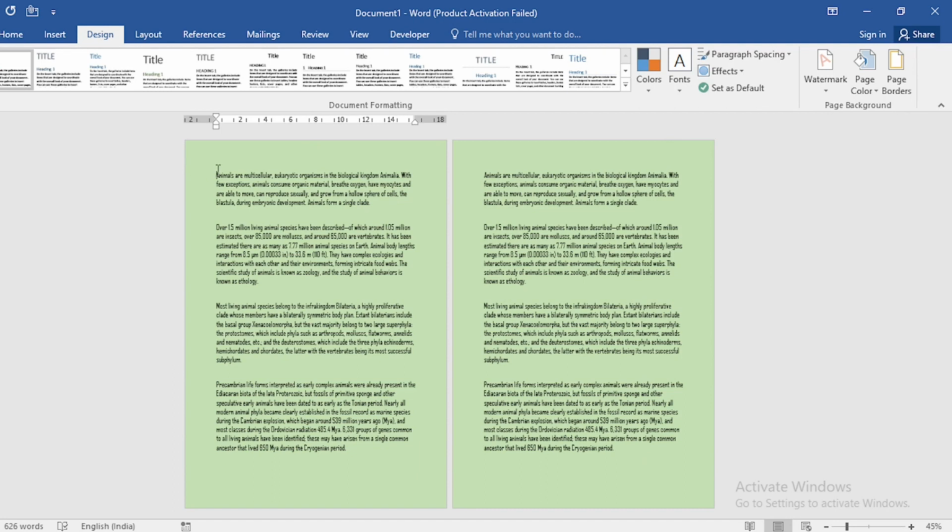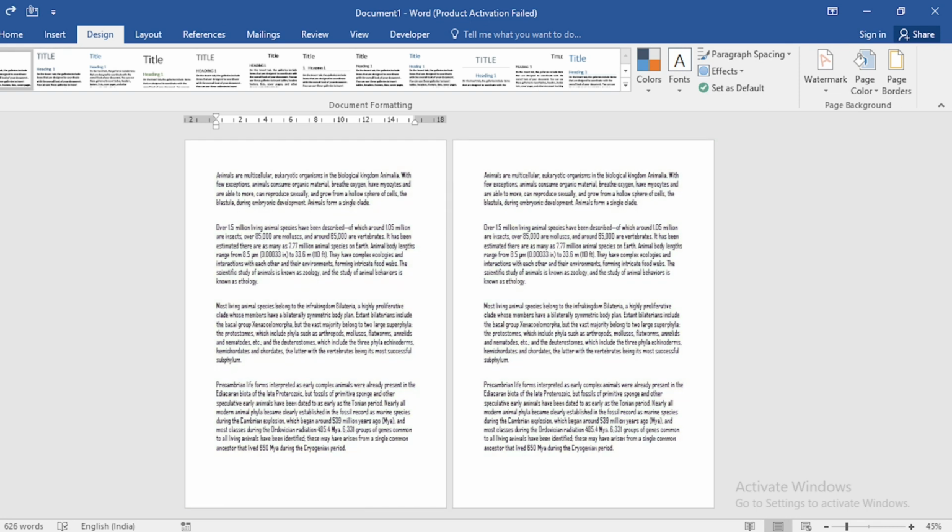But here you can see that for both pages the color is changing, and we want it for one only right now. So just undo it. To change color for any single page, as I am changing color for this second page,